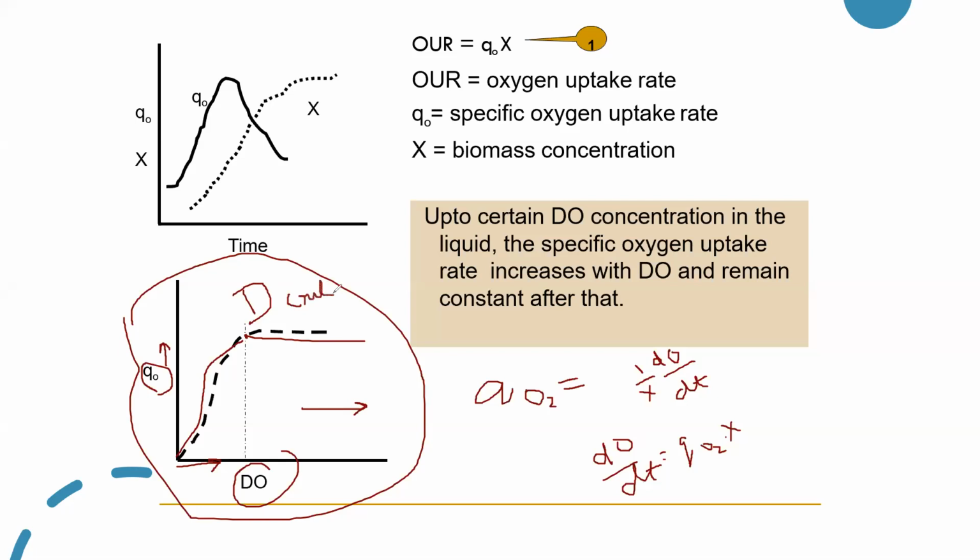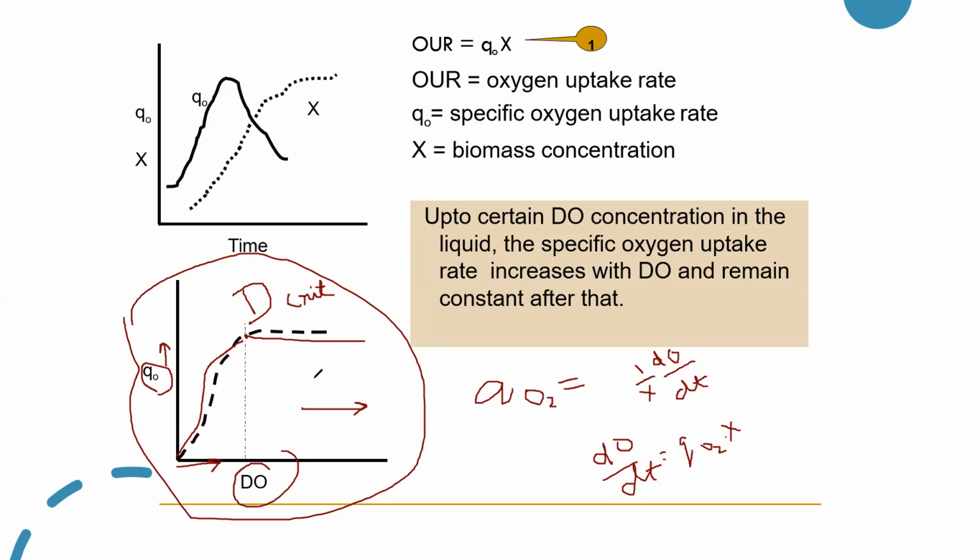And what is D critical? D critical is my critical oxygen concentration. So we say that we should provide the oxygen in the fermenter till the system reaches the level of D critical. So D critical is defined as the level of dissolved oxygen in the fermenter, below which, if you are providing the oxygen in the fermenter, the specific growth rate of the cells, specific rate of the oxygen consumption is going to increase linearly. And after the D critical is reached, the cellular level becomes independent of the level of the oxygen. So QO2 becomes constant.